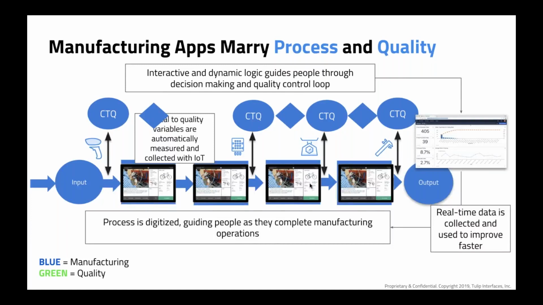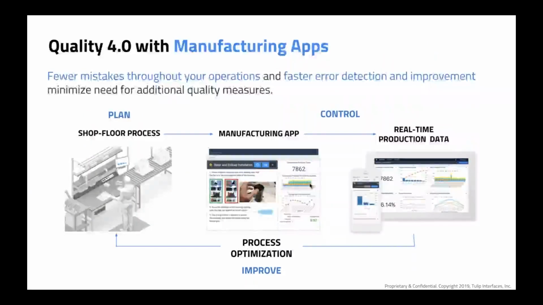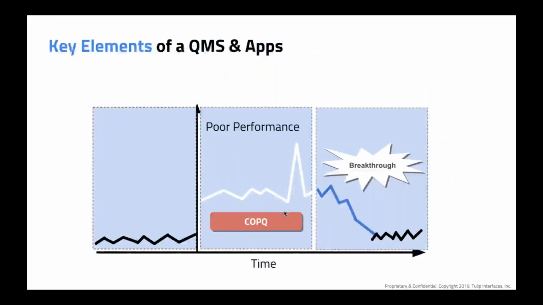So let's just see another way of looking at this: taking any shop floor process that you want to guide and control, using manufacturing apps to control it with IoT and the real-time production data to optimize and improve over time. So let's take this back to Joe's original Juran framework. And Joe, if you want,